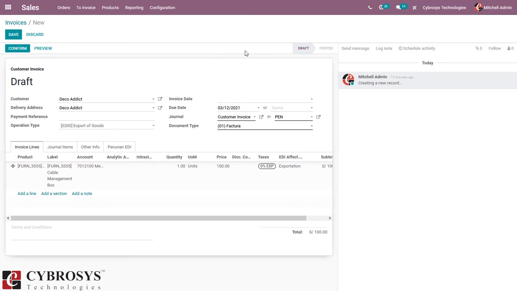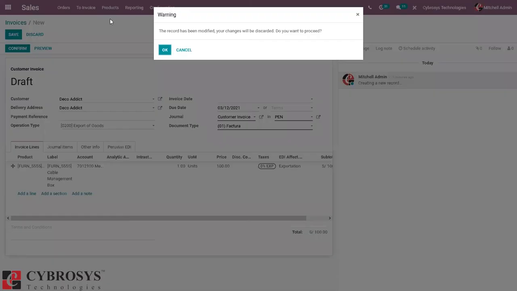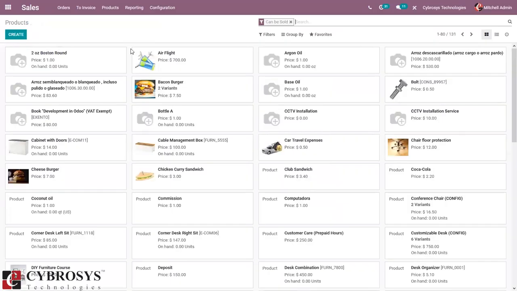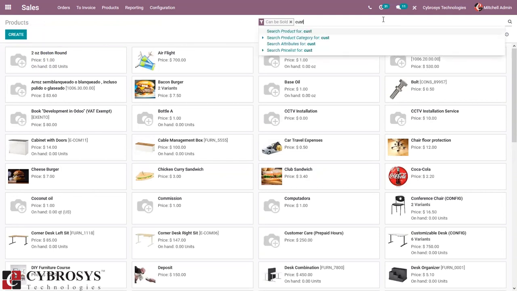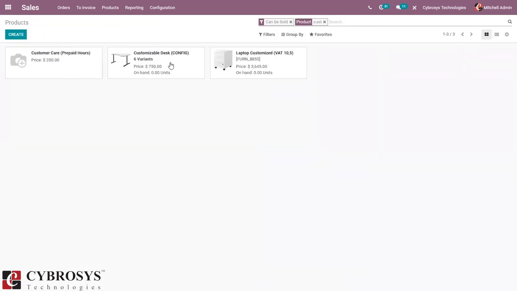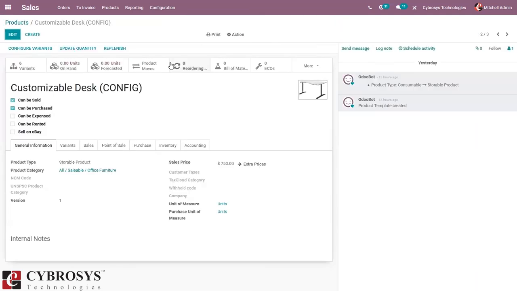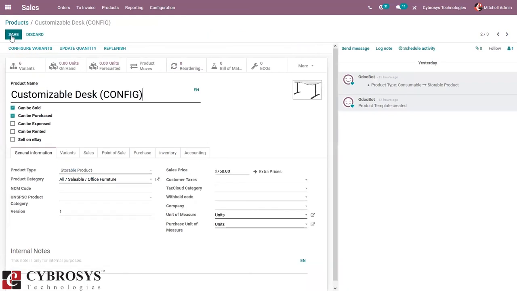Next case is detraction invoices. That is when creating invoices that are subjected to detractions. So for that, we have to go to products. So all products included in the invoice must have these fields configured.